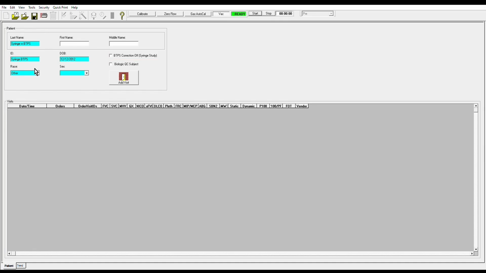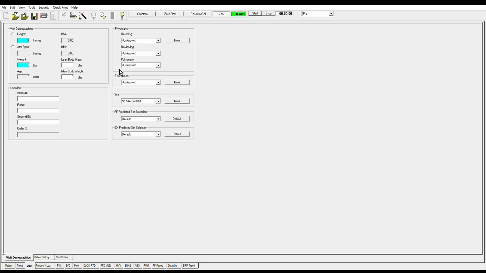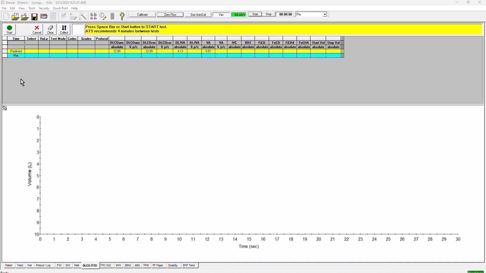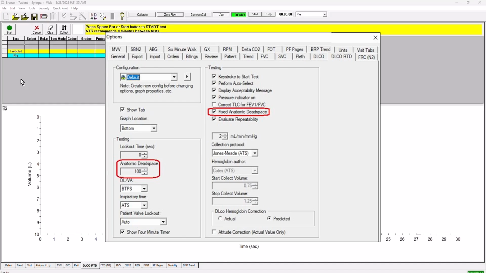Prior to performing this test, create a new syringe patient. However, do not check the BTPS correction off box. This will keep the BTPS correction turned on, as in a normal patient test. In the DLCO F5 options, ensure the fixed anatomical dead space box is checked and the anatomic dead space is